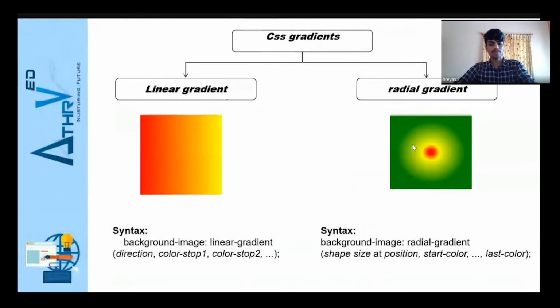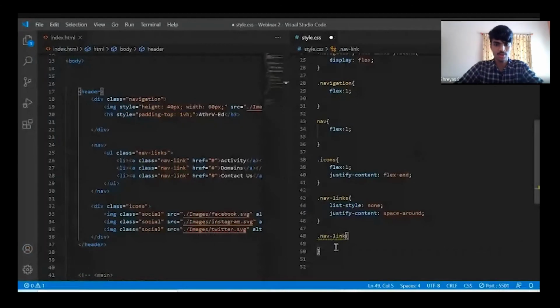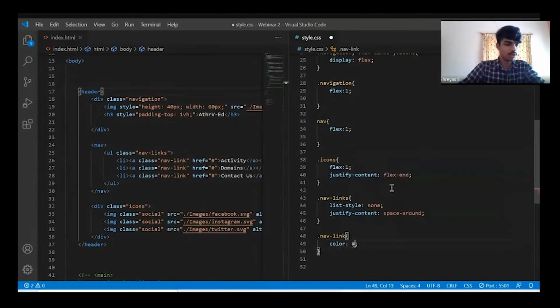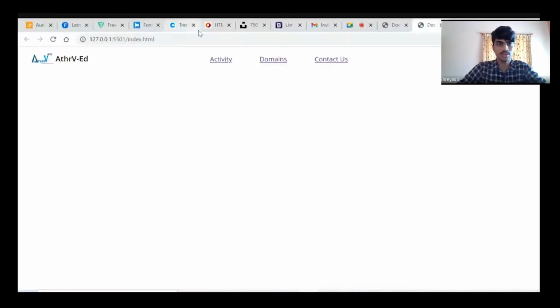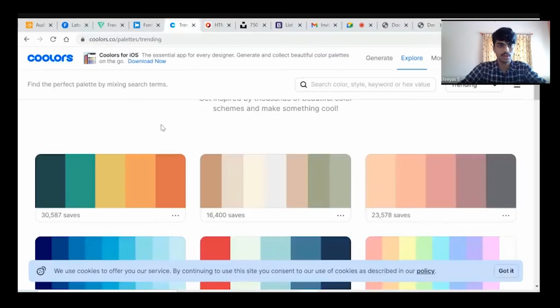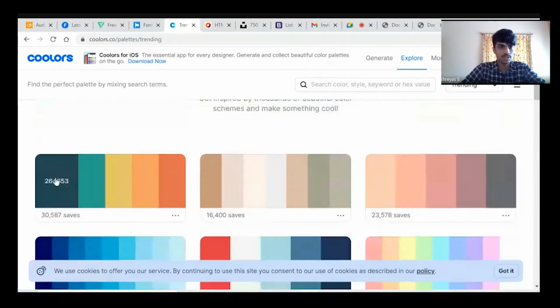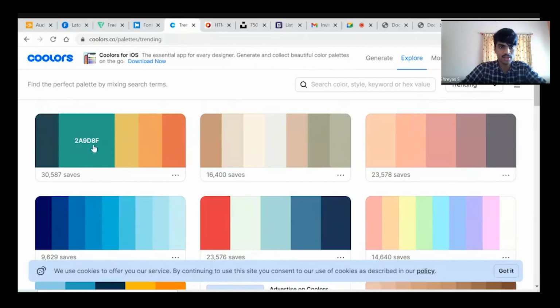Okay, before going to buttons, let me show you how all these colors are used. Let me set a color as hash, and I have taken the color as 4949664. So how to get these colors? There are a few websites which provide different colors, for example, take this. Coolors is a website where you can select different colors for a website. Suppose I want this color. There is a hexadecimal value, a six-digit value. You can just click on it. The value has been copied. Just by adding a hash, I can take this value.